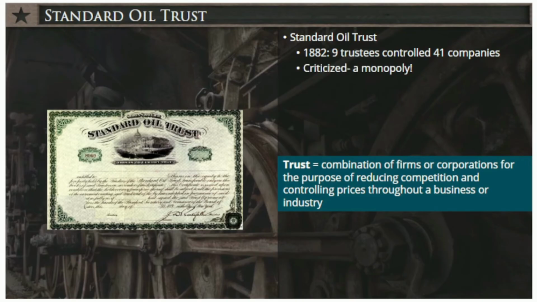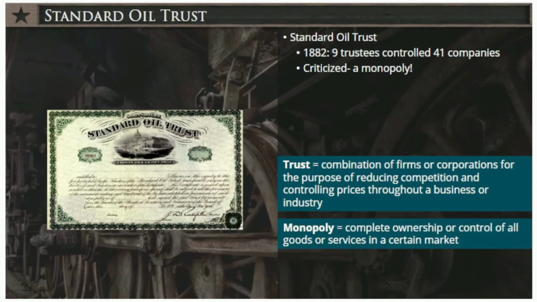However, critics argued that Standard Oil Trust was a monopoly. A monopoly is having complete ownership or control of the entire supply of goods or a service in a certain market. This is contrary to the practice of free enterprise where businesses compete for profit. Critics further argued Standard Oil not only consolidated control over the oil industry, but crushed its competitors, leveraged its huge resources to create an uneven playing field, and even wielded its money and power to influence politics.